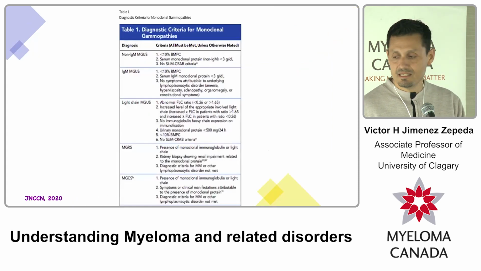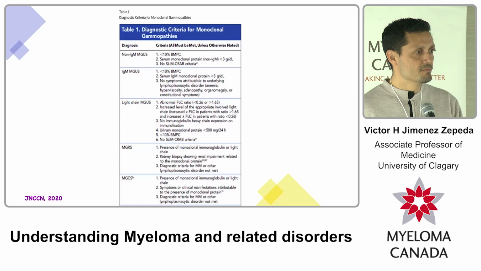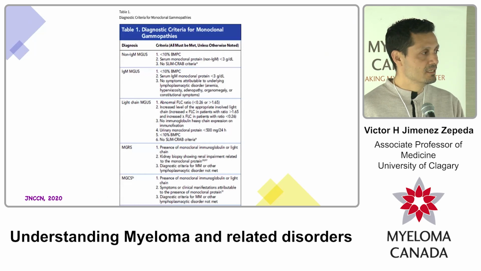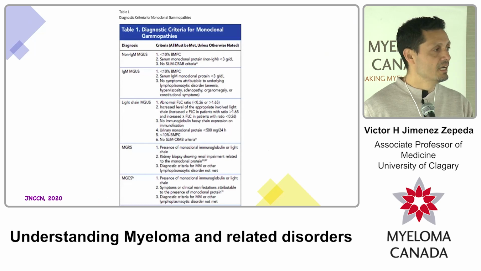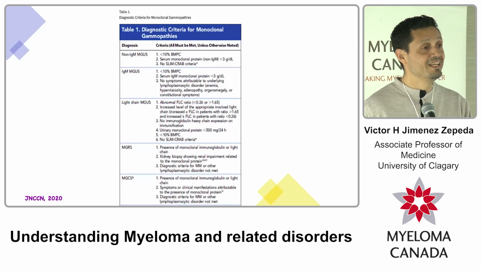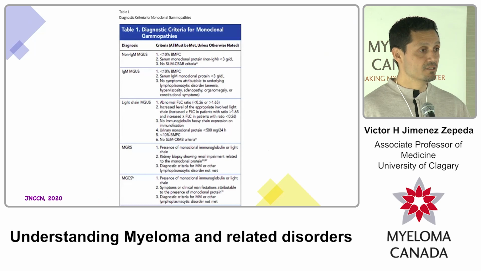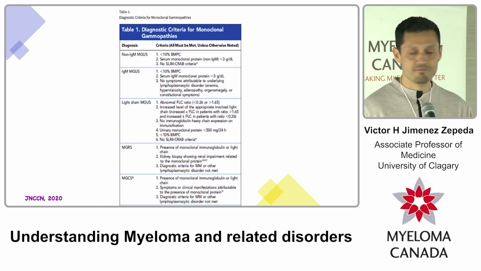And there are different diseases that are related to these proteins that are not defective, but these are proteins that people can have because the cells are defective, or people that truly have these proteins because there are some changes in the kidneys or some changes somewhere that we need to treat. That's what we call monoclonal gammopathies of clinical significance. They are not related to myeloma, they are not related to lymphoma, but they do have medical problems that we